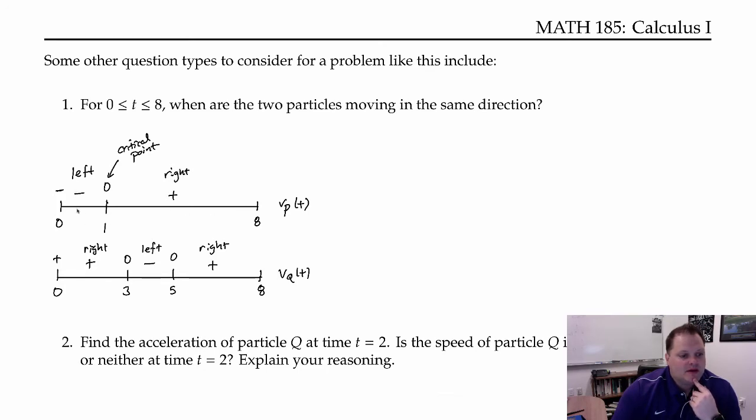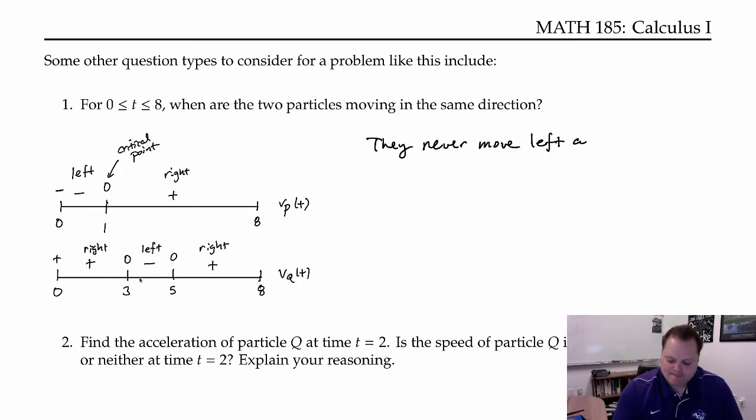And then it appears right here from 1 to 3, they agree. So you've got to be careful here. I would say they never move left at the same time. And they move right